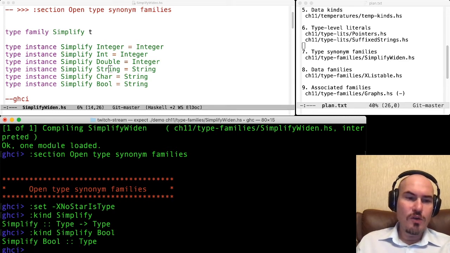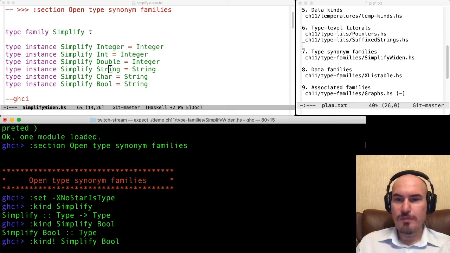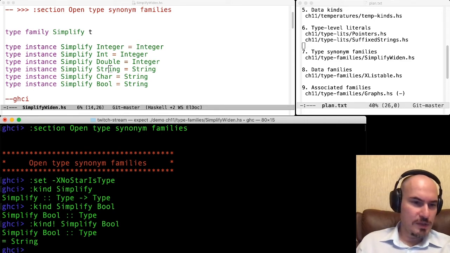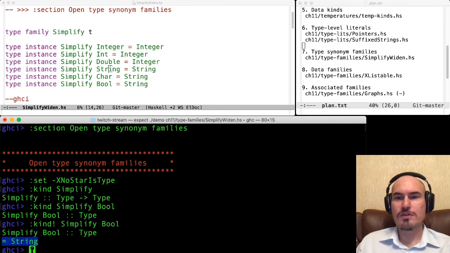And we can also ask GHC to compute it. Look here, with this bang here, we ask to compute the simplify bool. And it can be computed, and we see here that the result is string. So bool is simplified to string.